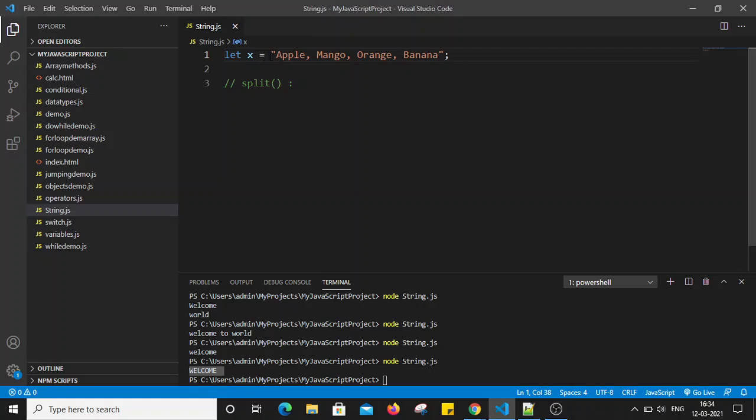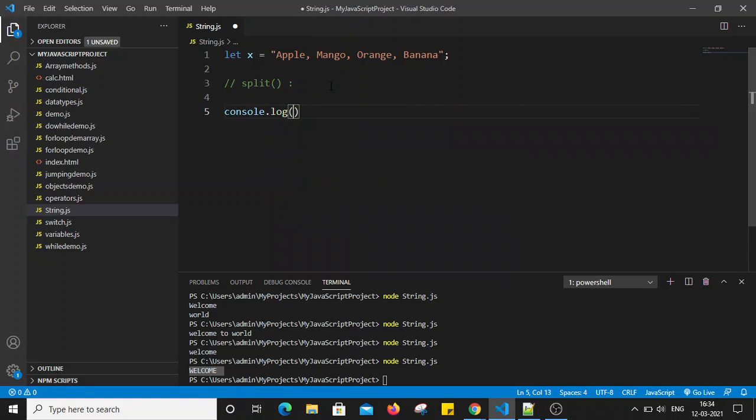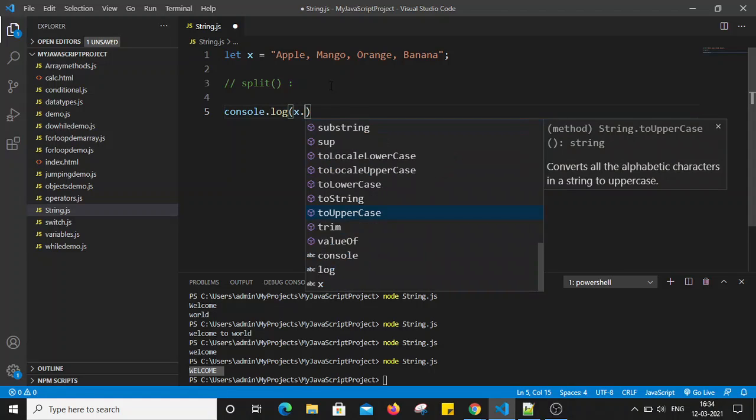So this is our original string. Let's say my original string contains all the values of our fruits, that is apple, mango, orange and banana. And now let's use the split method. So how can we use it? Basically console.log x.split